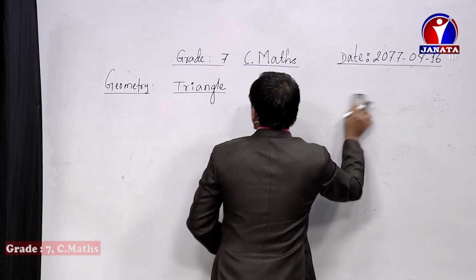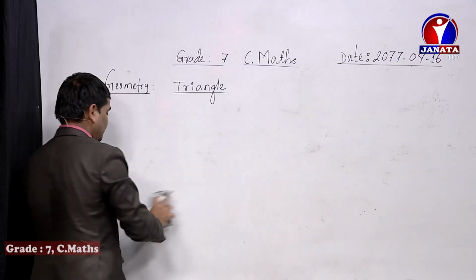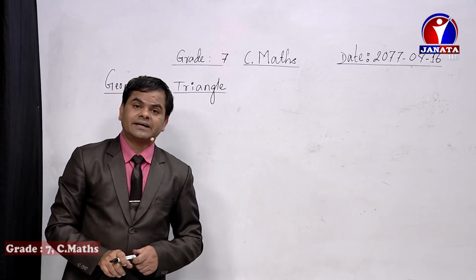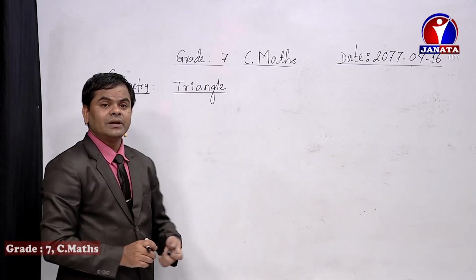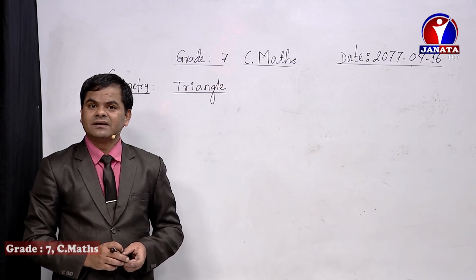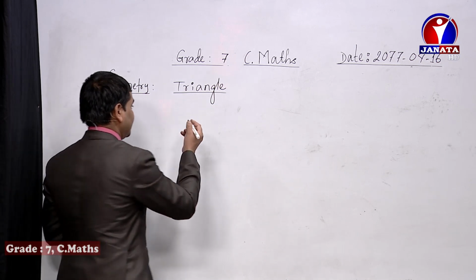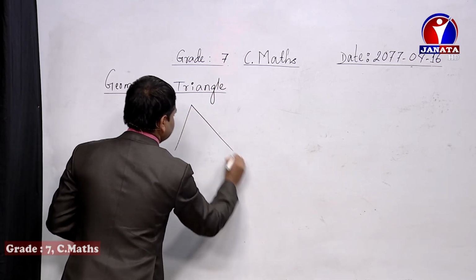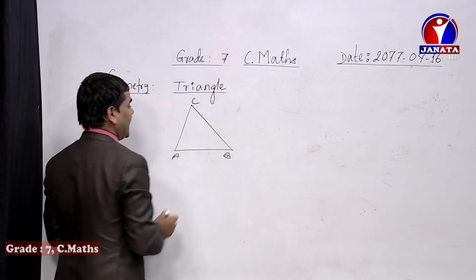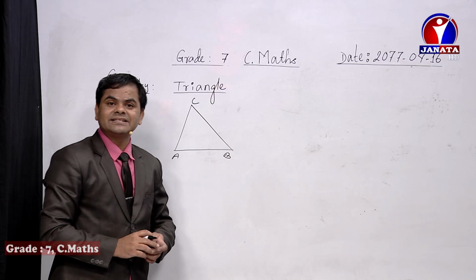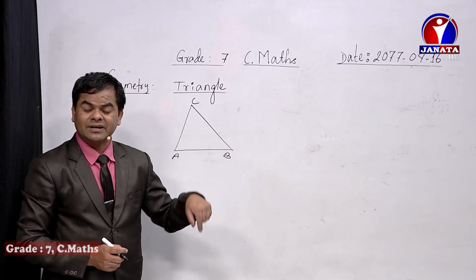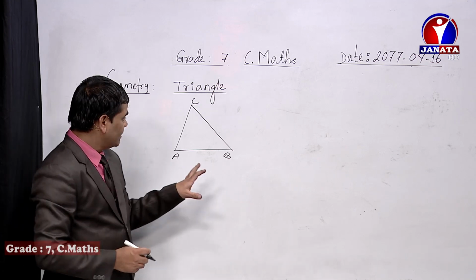Now let's focus on some of the questions. Okay, what kind of question will be given? Almost the questions regarding this chapter will be based on finding the angles as well as finding the sides. For example, I am going to take one example. Okay, for example, this is triangle ABC. Now can you tell me, dear student, what kind of triangle is this? Whether it is an isosceles triangle, right angle triangle, equilateral triangle or scalene triangle? Can you tell me, looking at this figure?